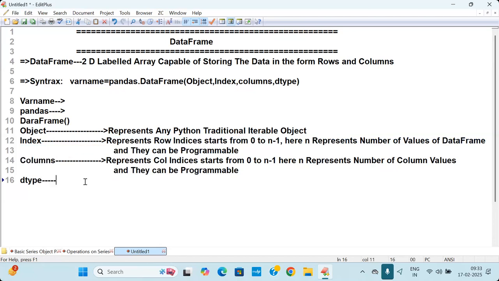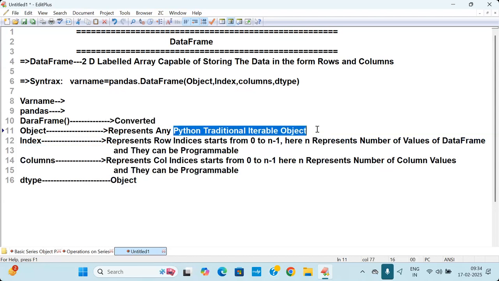The dtype can represent most of the time, preferable to go for what? Object. Int, float, bool, those are all called very, very simple. They can be what type here? Object. Next is called a data frame. What is the data frame converting? Converting a traditional Python iterable object into